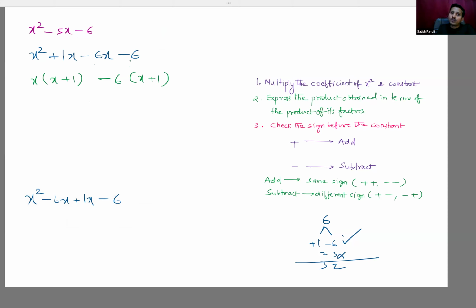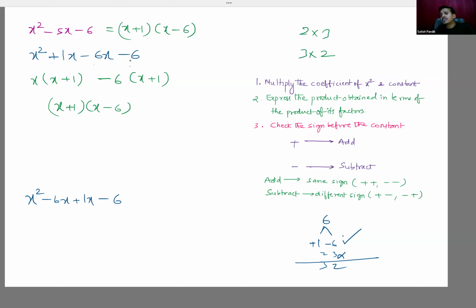Okay. Now, whatever there is in bracket, take that common. And what is left? X minus 6. That means this can be written as what? X plus 1 into x minus 6. Okay. Now see, all of you know that 2 into 3 is the same as 3 into 2,